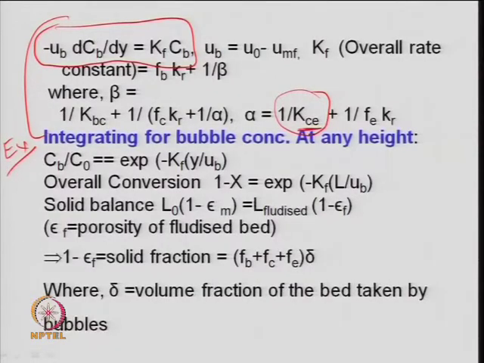So, integration of this, which is ln of Cb, can now be substituted in terms of limits. So, Cb by C0 is equal to exponent of minus Kf y upon Ub. Suppose I now have a Cb value which can be written in terms of C0 (1 minus x bar) basically, because you can have different residence time for each size particle. So, some mean conversion of the solid.